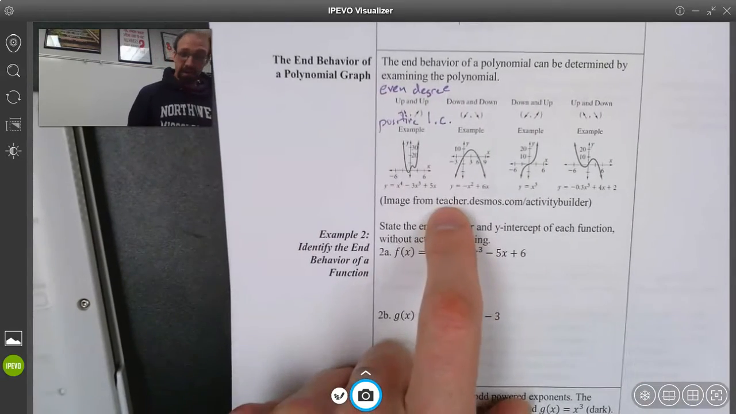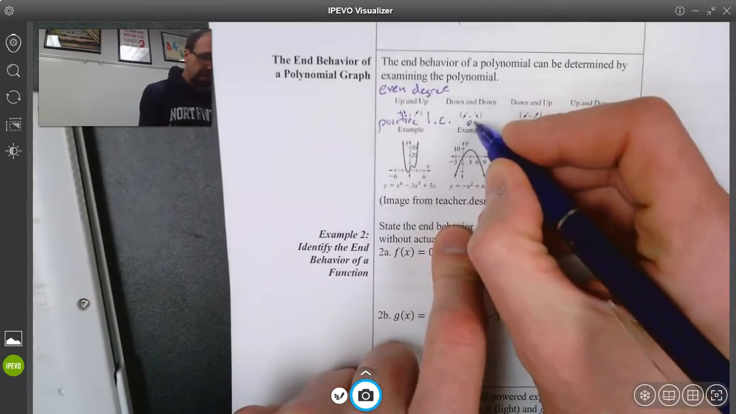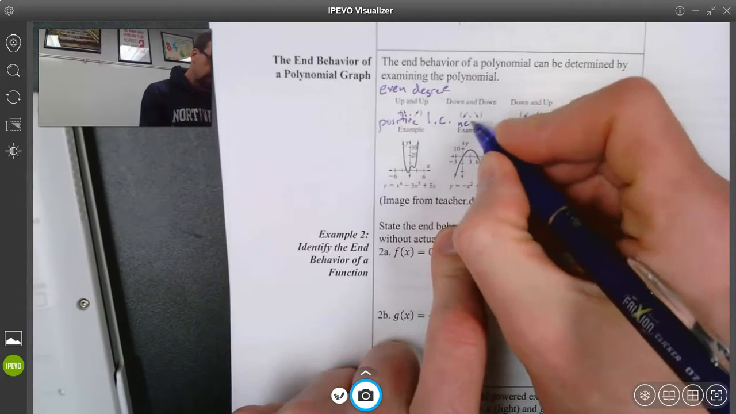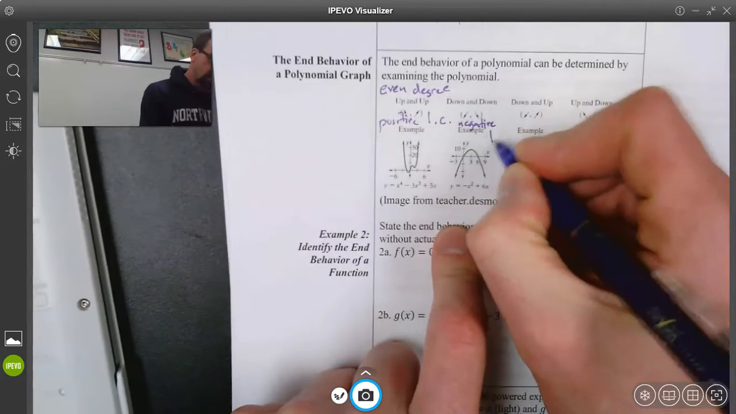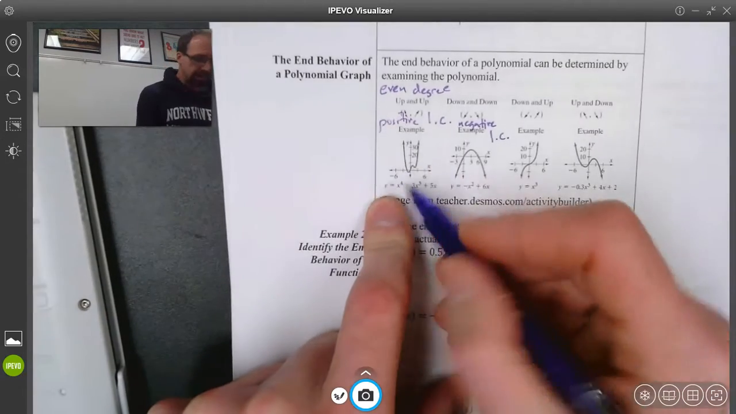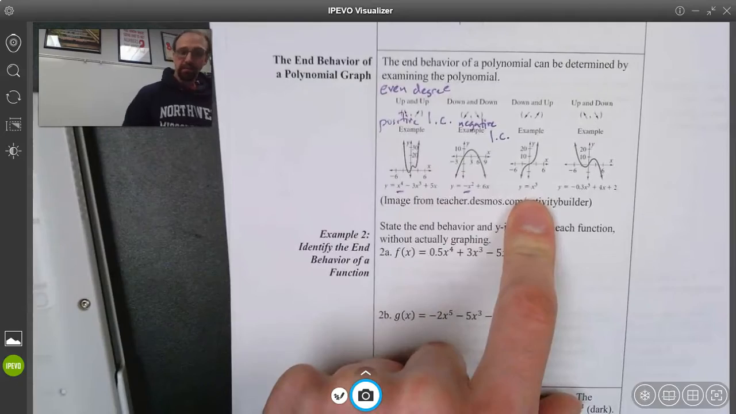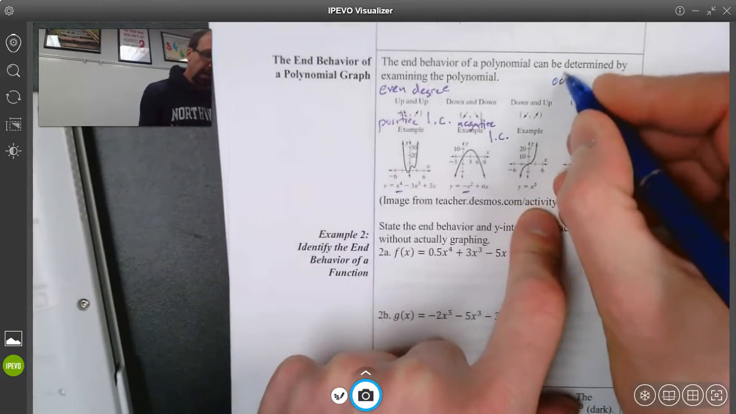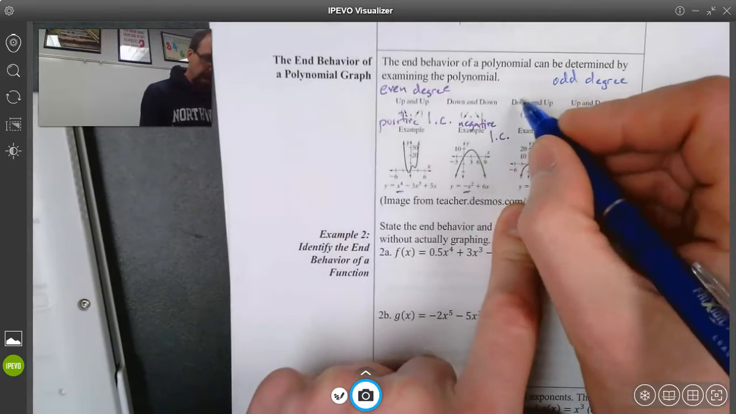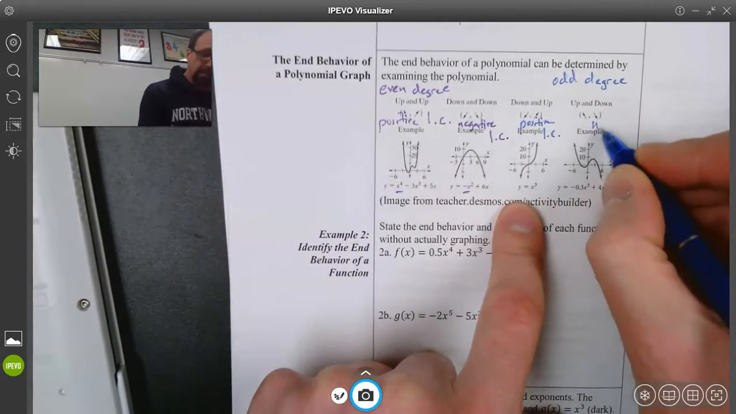And then the other example with an even degree is this one here, and this one just has a negative leading coefficient. Notice that these are in standard form, so the largest degree is always first. In this next one, these two are both odd degrees. This one here has a positive leading coefficient, and this one has a negative